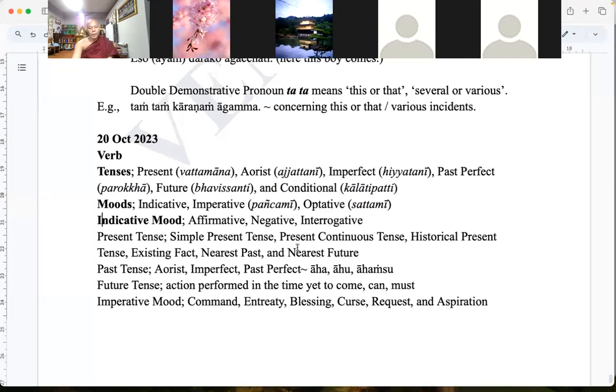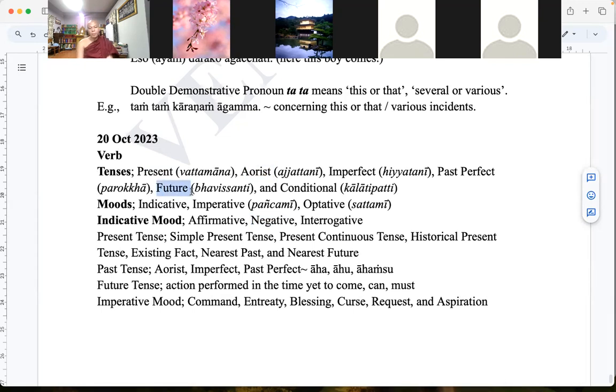Okay. So, and also maybe present tense or past tense or future tense. So with the negation, negative particle na or ma, at the time it can be called the indicative mood, negative. So indicative mood, affirmative, indicative mood, negative, or indicative mood, question, interrogative. So this indicative mood can function as the present tense, the past tense, the future tense